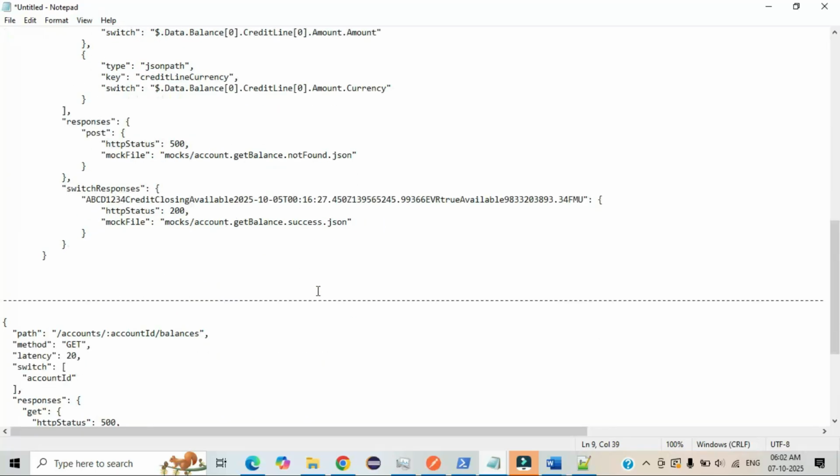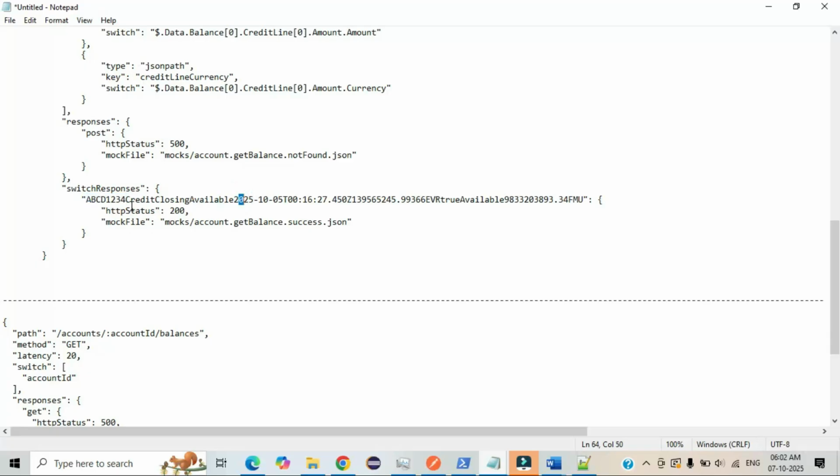If you scroll down, there is one more field here, responses, and one more field, response switch responses. If our condition succeeds, meaning the above filter criteria matches our request, then we will give one response. This is one filter criteria: my account ID, creditor details, and also the date time format.